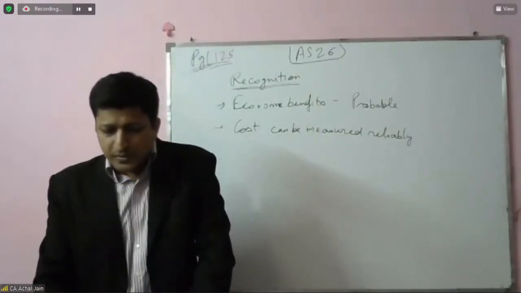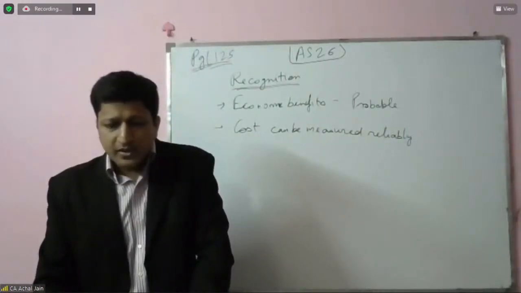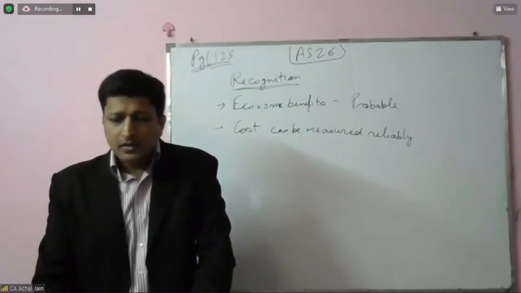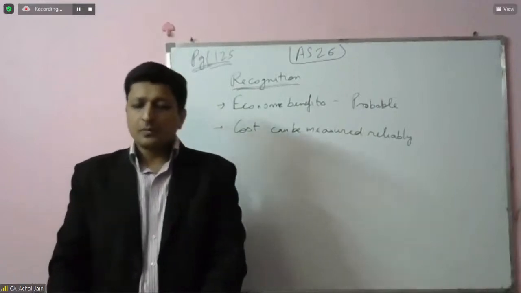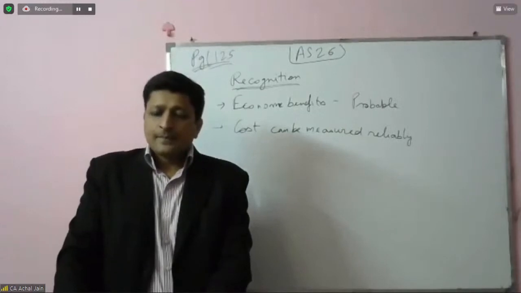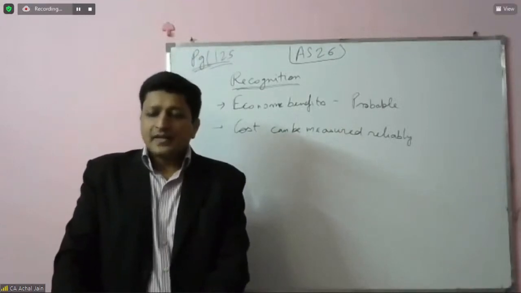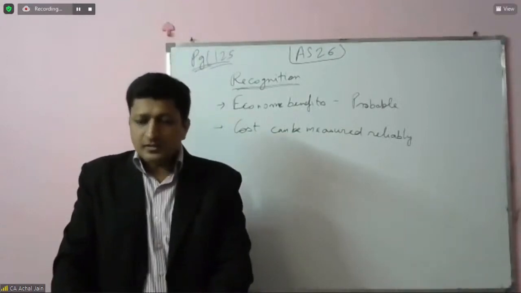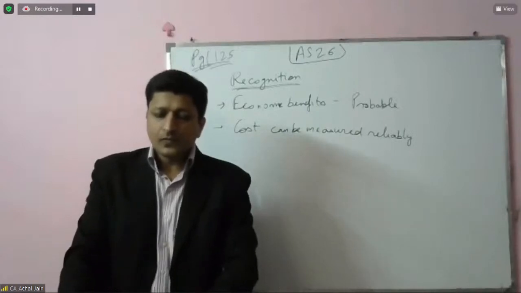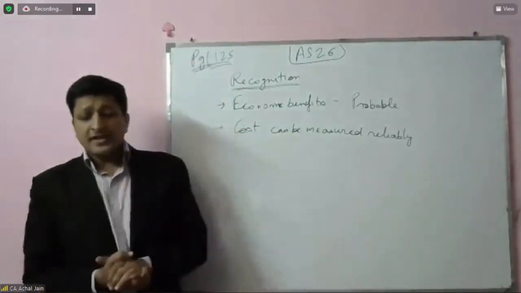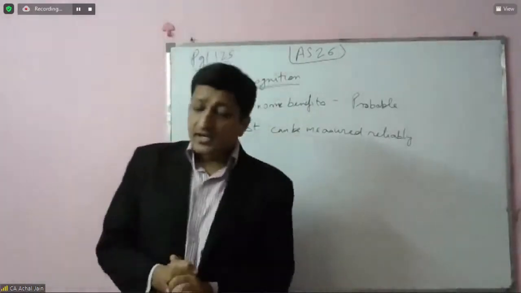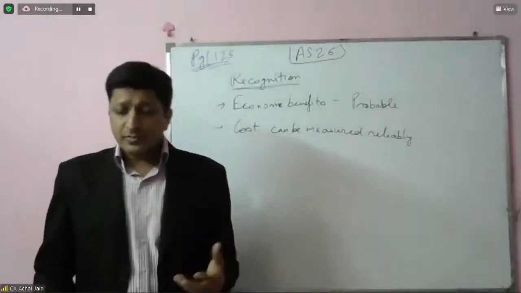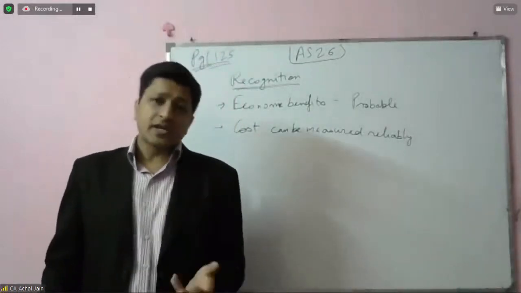Then I think Smita is asking for something if you can clarify by their name. Yash is saying future economic benefits. Manish, I think you'll have to wait for some time for this. Okay. Then I think Ayush has added to this, and Namrata is saying inflow of future economic benefits should be there, and cost can be measured there.